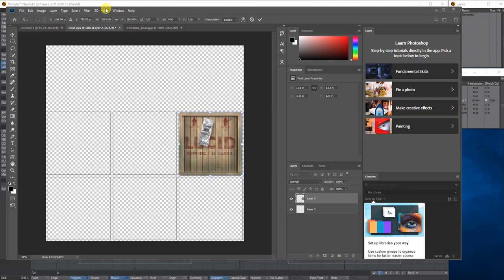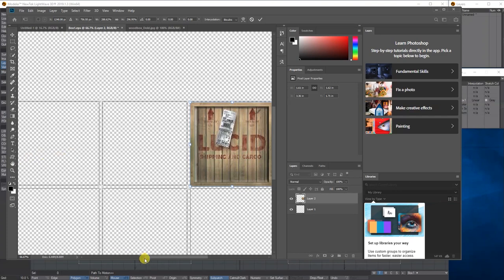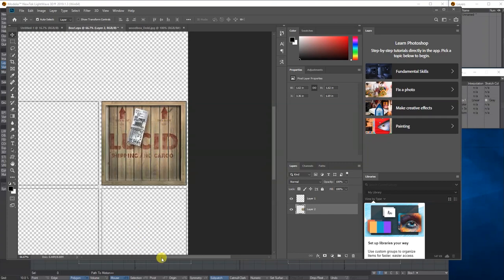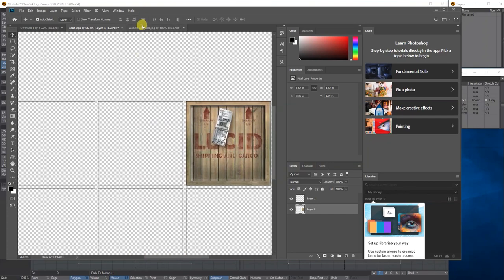Let me just turn off snap, and then I'll zoom in a little bit so I can see. What I'm doing is bringing this so it's very slightly overlapping the actual original box. So I'm going to switch these around so I can see that it's overlapping and going all the way towards the edge of where I want it to go, like so. And again, we can come back and adjust this as well. So let's do the next one.